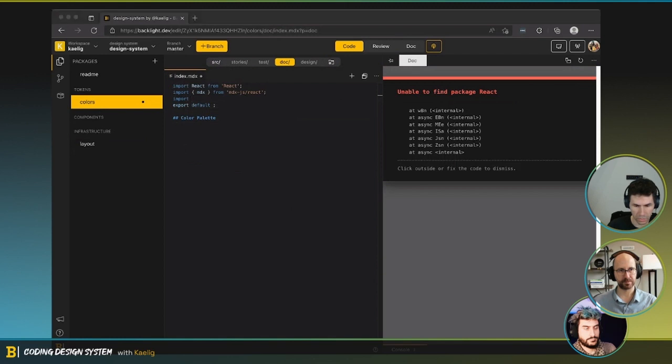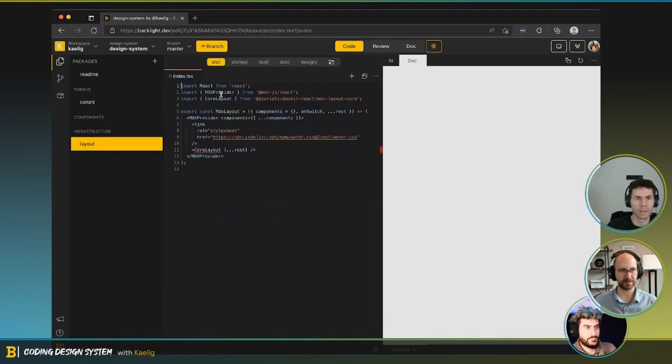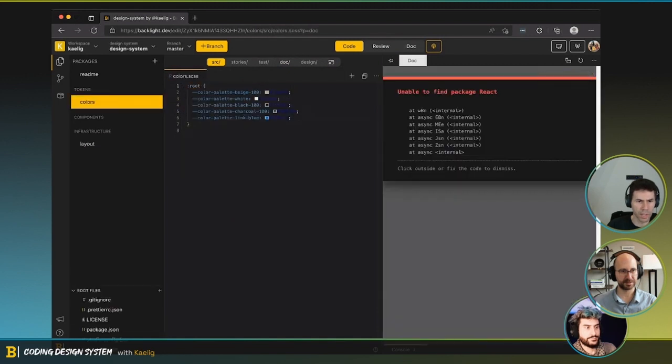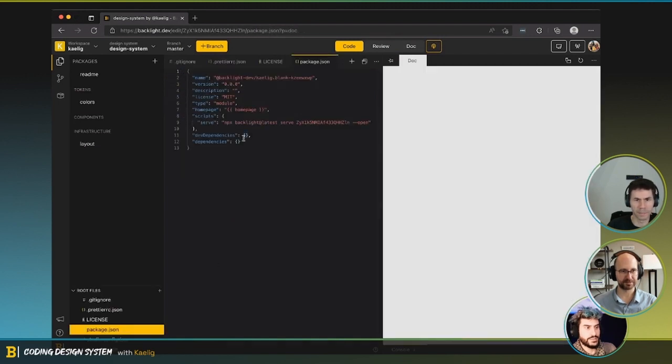So if I go check out my node quickly, boom. Basically I import the layout from the layout and I export it as default. And this should give me... Oh, we don't have a package JSON maybe? Yeah. We don't have React. All right. And so we're going to import React. For the moment, we're just going to pick up the last one.